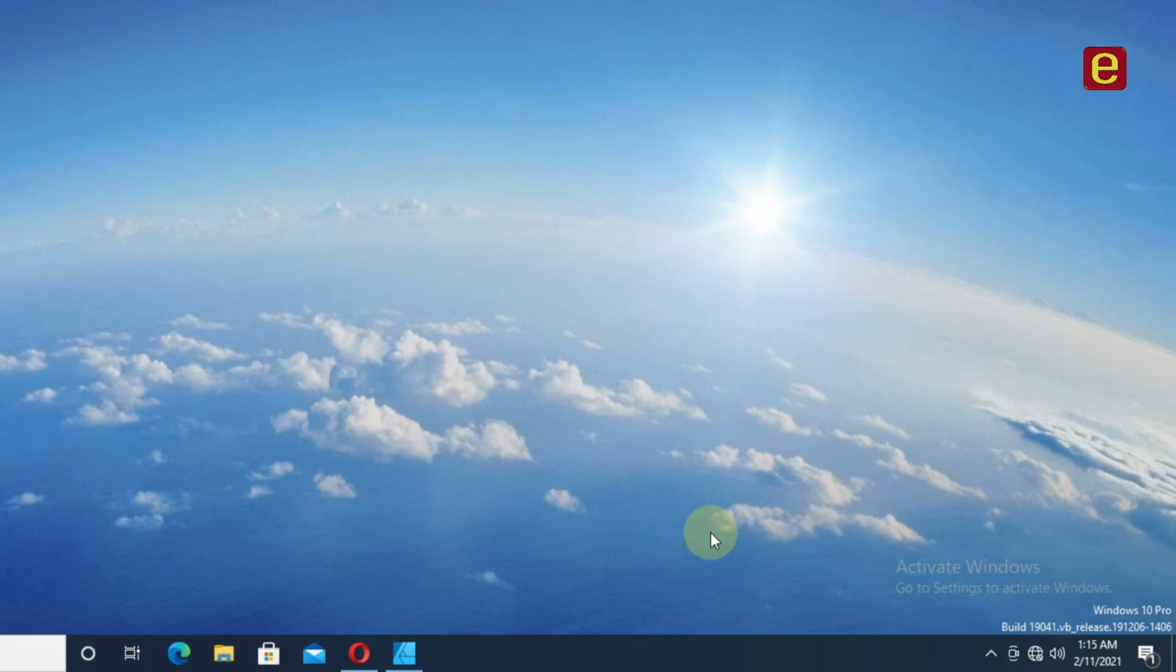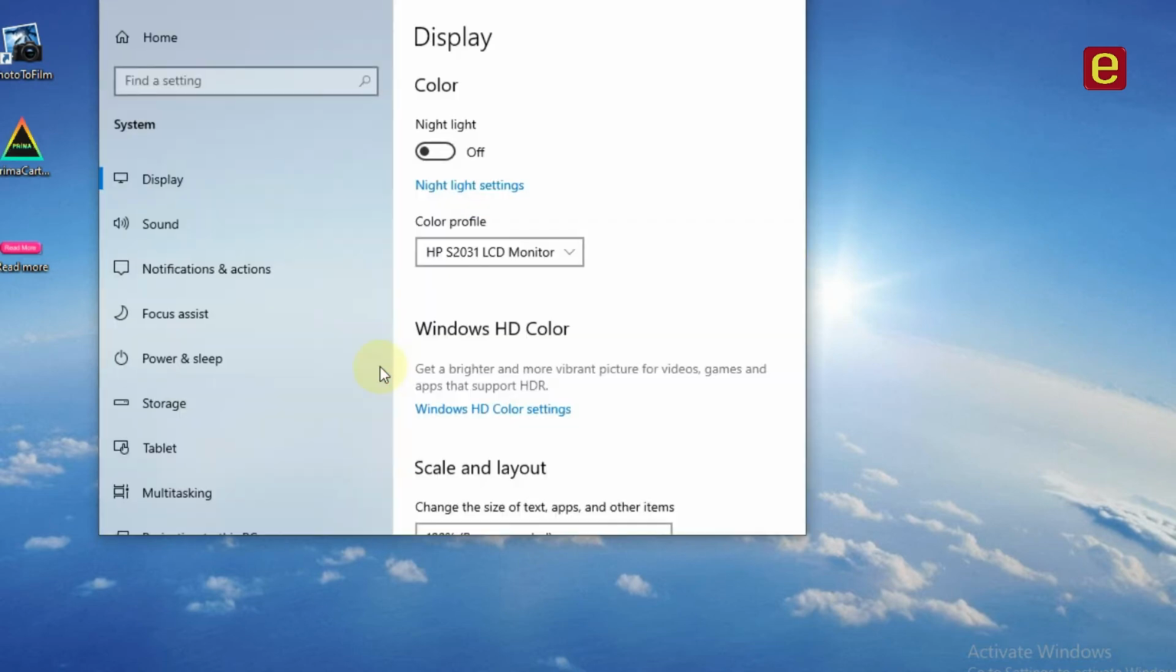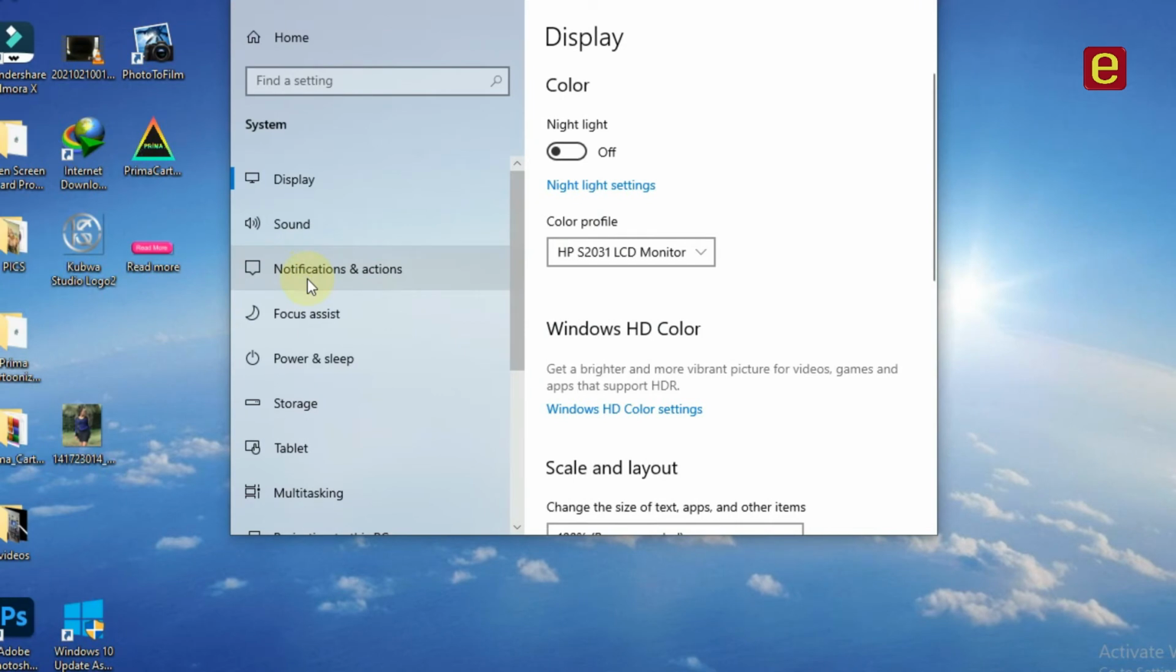So let's get to it. First, you have to right click on your desktop and go to display settings. Then go to notification and actions. Here,